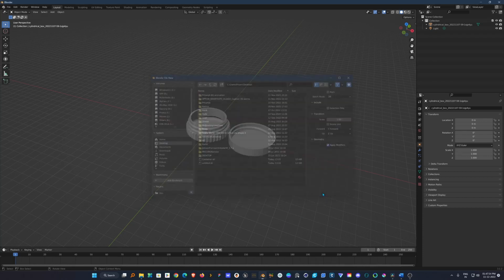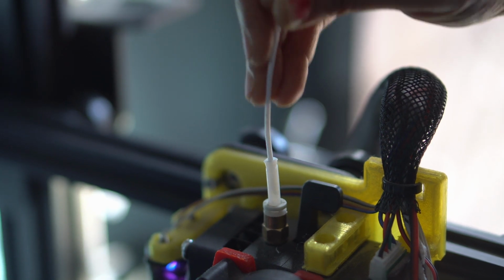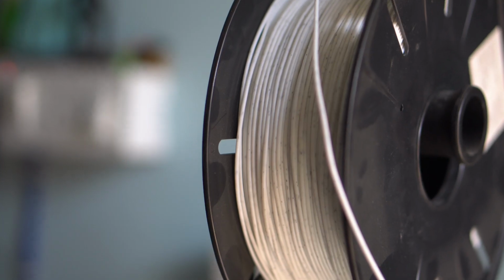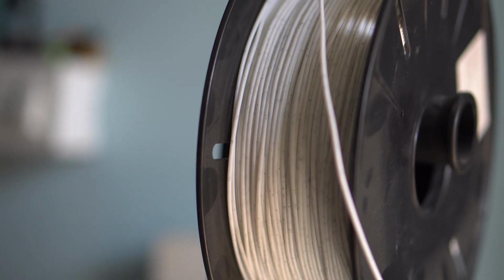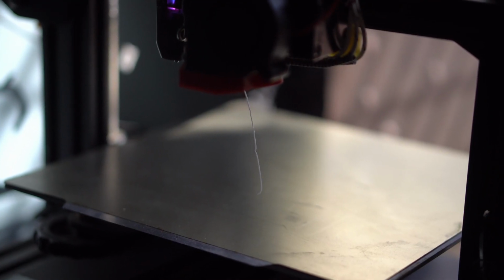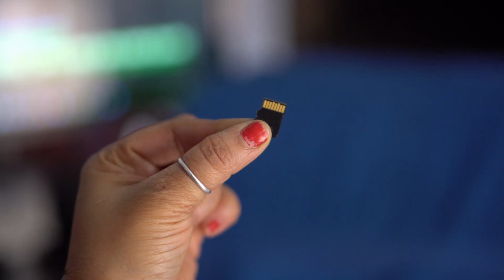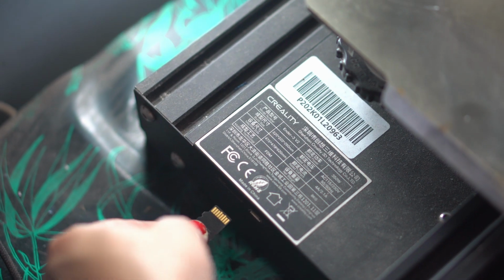Once we have our design ready, it's time to start printing. First, we need to load the 3D printing filament into the printer. This is typically a spool of plastic or other material that the printer melts and then extrudes to create the 3D object. Next, we'll load the 3D model into the printer's software, which will then generate the instructions for the